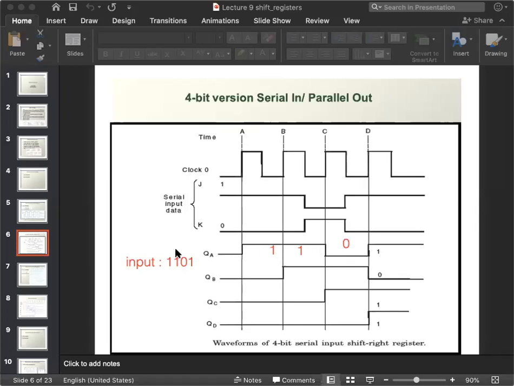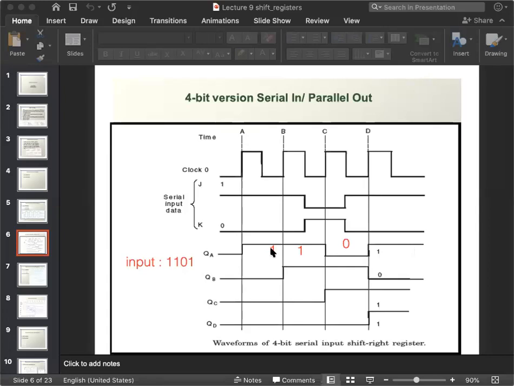So first clock cycle, as my first input is 1, it will get 1. Second clock cycle, as it is 1, it follows the same level, but the third clock cycle will get 0. So for 0 I have to go down, and the last bit is 1, so for the last clock cycle it is 1. That is the way you will draw an input line first. Draw the input line first, then we'll go one by one with the shift. How will the shifting go?